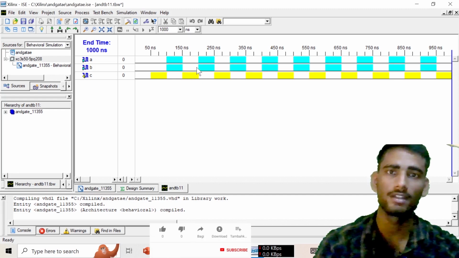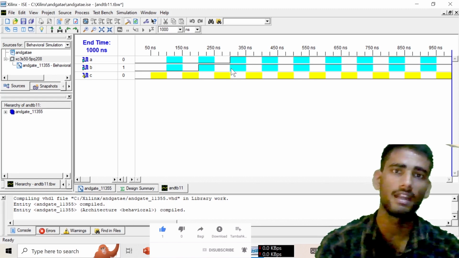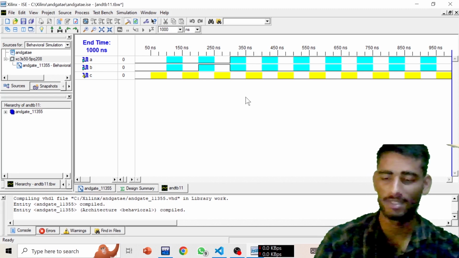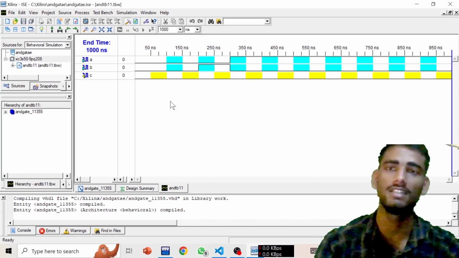Wait for a minute. So I have just clicked on 0 1, yeah, 0 1, and then suppose you want to get the input as 1 0, then click here. Suppose this is 1 and this will be 0, 1 0, it has been selected. Now all things are fine, because I am showing you for demonstration purposes, so I have just taken the 3 inputs, and just press Control S, guys.